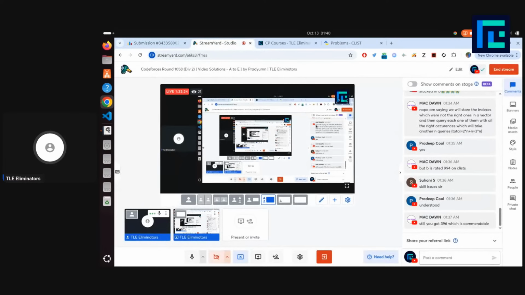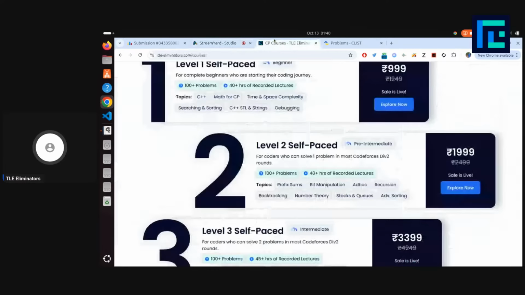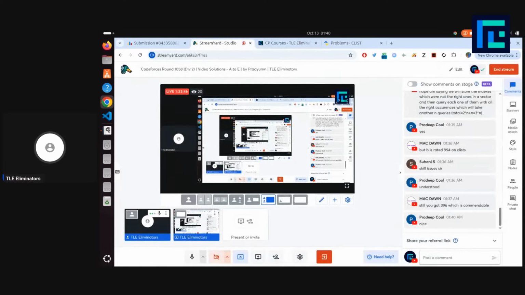I hope it is clear to all. Still, I got 396. Well, actually, it is not really 396 because it is in division 2. Like today, it was both div 1 and div 2. So the CMs were not there in the rank list. So in actual reality, my rank would have been like 1000 or something. But anyways,